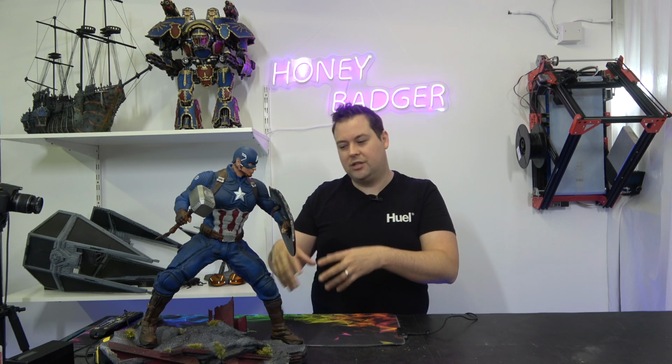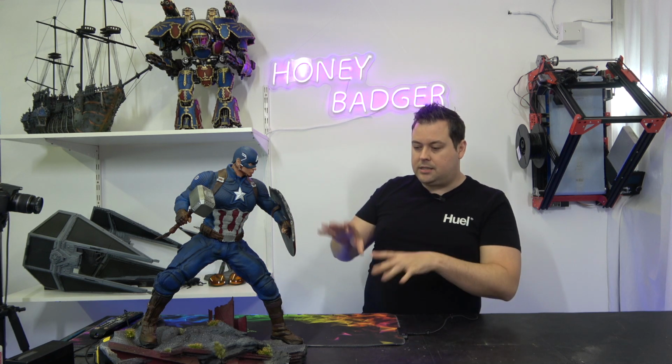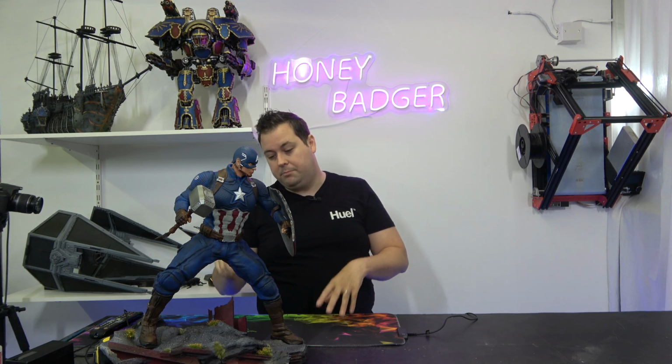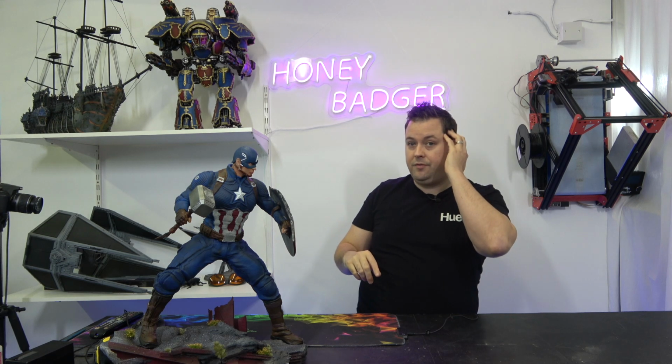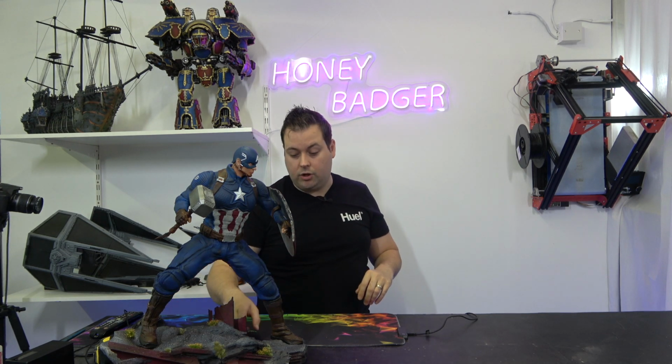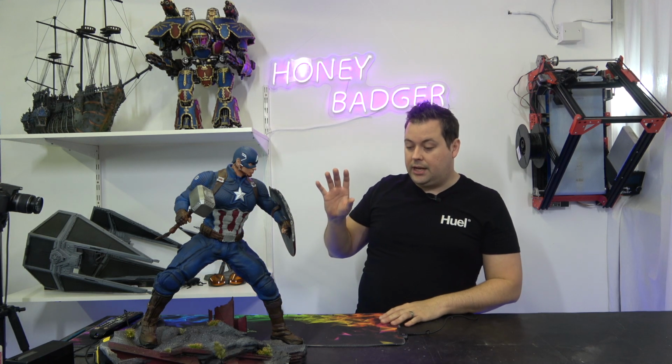It's just the modeler couldn't get him to stand up on his own, so they put him in a base that would mean that he could. That being said, the base prints in 3 parts on this one because I had to cut it and key it so that it would fit on my Sidewinder. So there's one join right here, and then there's another one right at the end. I used a